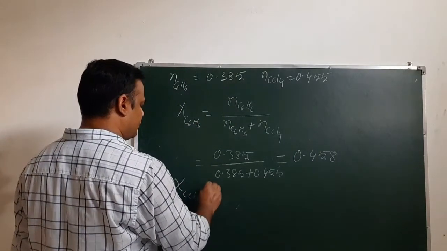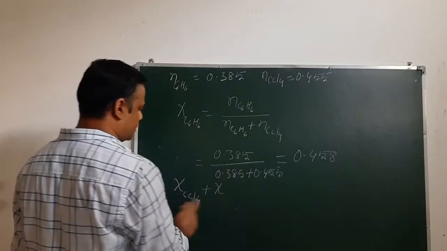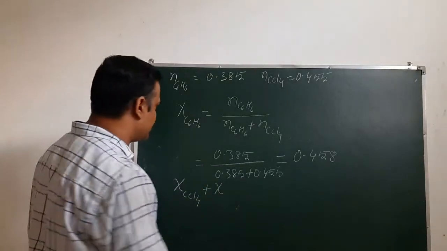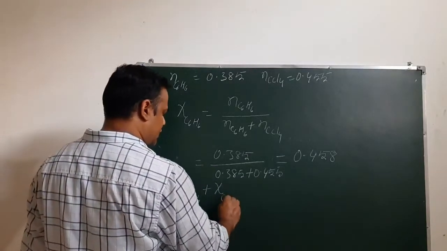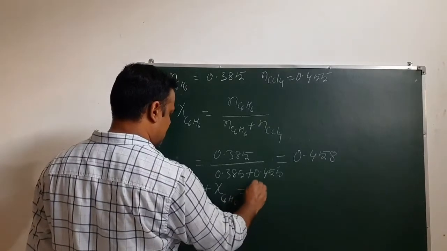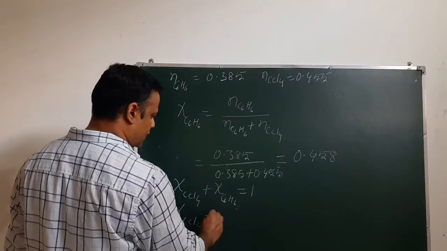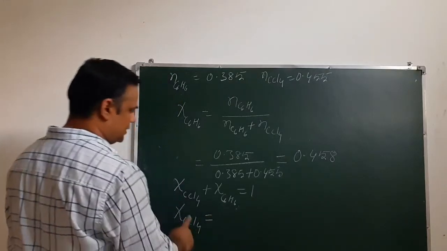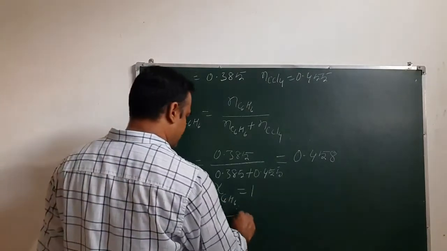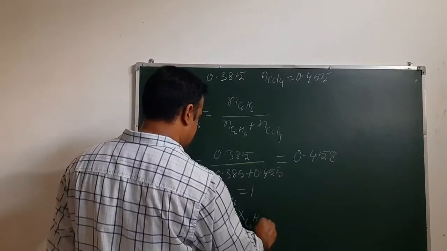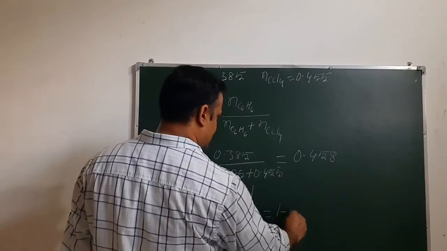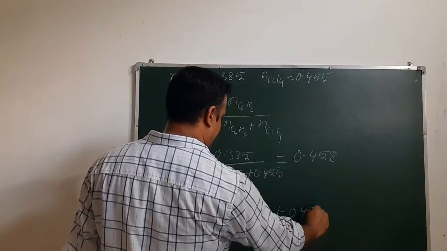Now we can calculate mole fraction of CCl4. We know that mole fraction of solute plus mole fraction of solvent, or sum of mole fraction of all components, is always equal to 1. We have calculated mole fraction of benzene, so now we can calculate mole fraction of CCl4 also. 1 minus mole fraction of C6H6, and this will be equal to 1 minus 0.458,